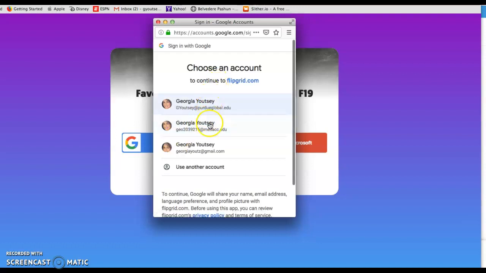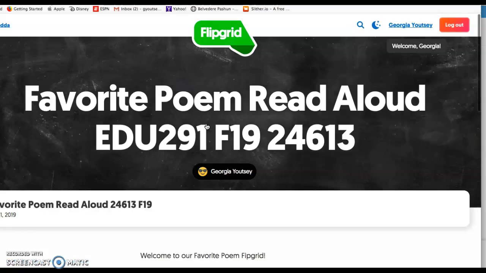You can see I have many emails to choose from, so I'm going to choose my Mesa CC and click on it. If you don't have an account, you're going to have to create an account. If you do already have an account, then it will let you just log in. So either way, if you have to create an account, create it with your school email, and it will then log you in.